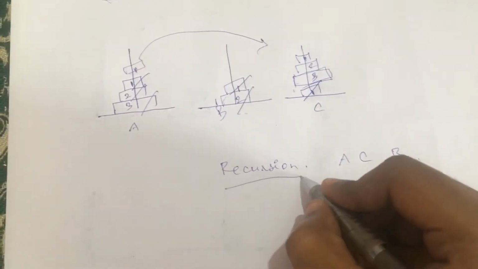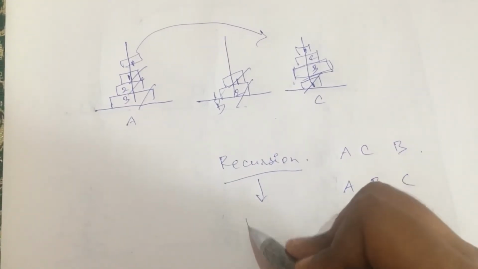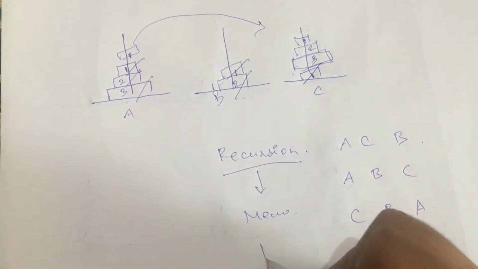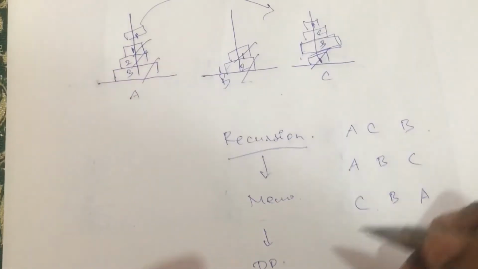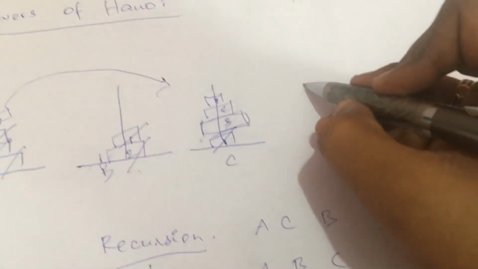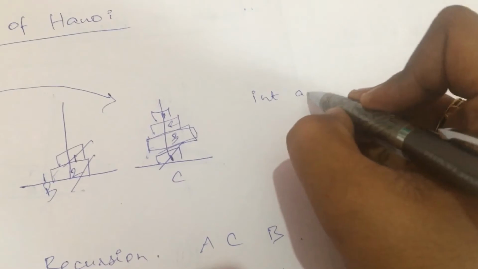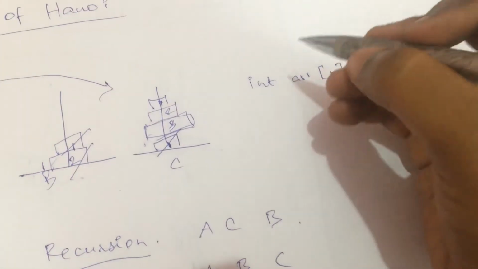First let's learn something about the basics of recursion, then we'll go with the memoization concept, followed by dynamic programming. One more important thing to note about dynamic programming is, don't just directly start declaring your array like int array of size n or 5 or whatever it can be. So don't do it this way.